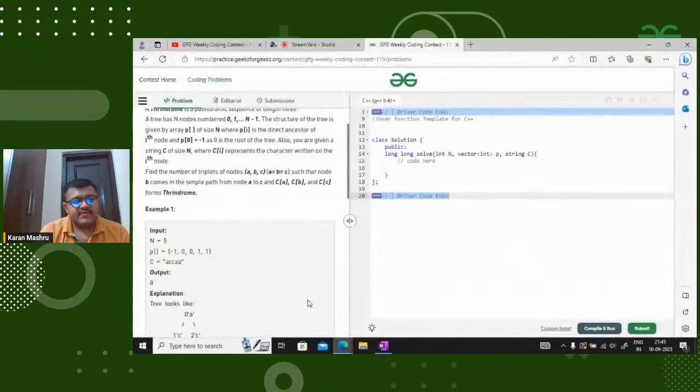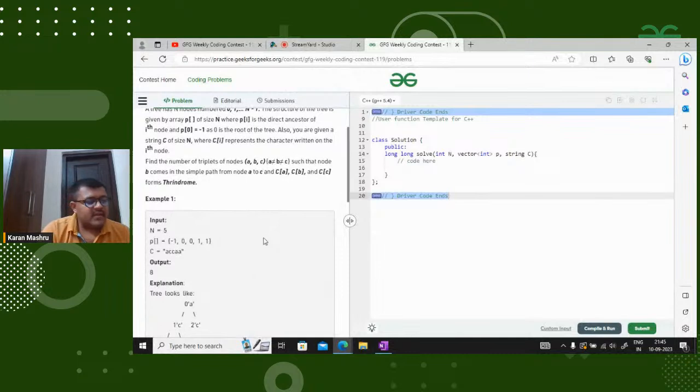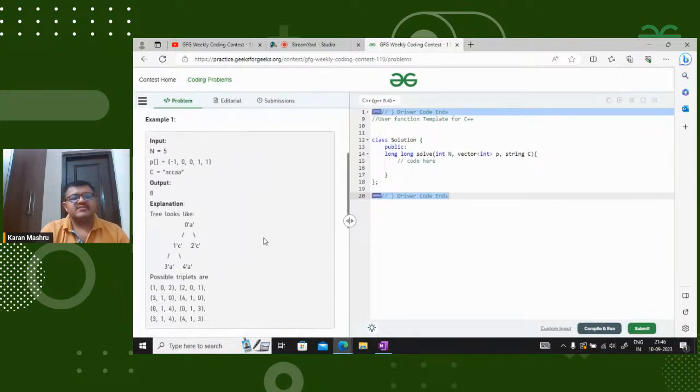Now let's read further. Find the number of triplets of nodes A, B, C such that A is not equal to B is not equal to C. So all three are different, right? Such that the node B comes in the simple path from A to C, and CA, CB and CC form a thrindrome. So basically what it says is